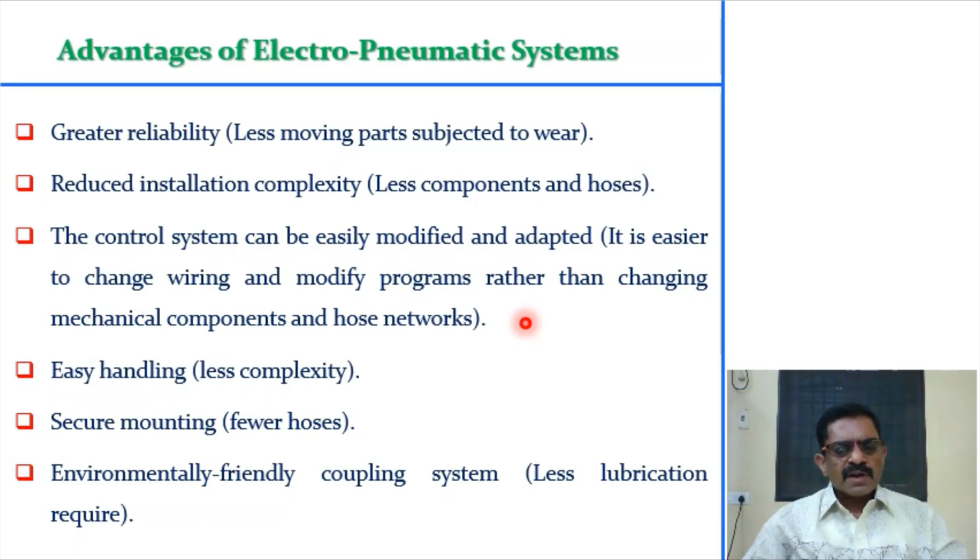These are the advantages, and if you look at disadvantages, there are very few. It requires more maintenance, and it eliminates manual intervention. If there is no manual intervention, there will be fewer jobs, so jobs will be laid off. That is another social issue. The disadvantages are fewer. Whatever disadvantages you feel with the PLC, the same disadvantages you can list here in the case of the electro-pneumatic system.